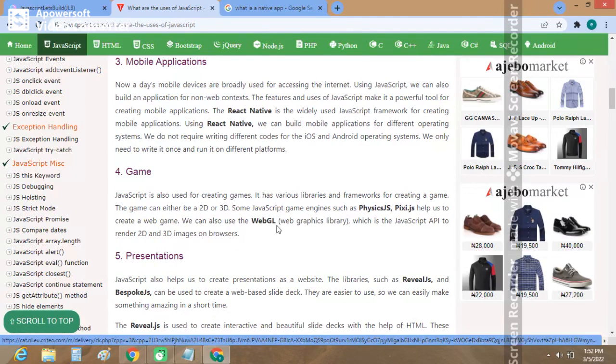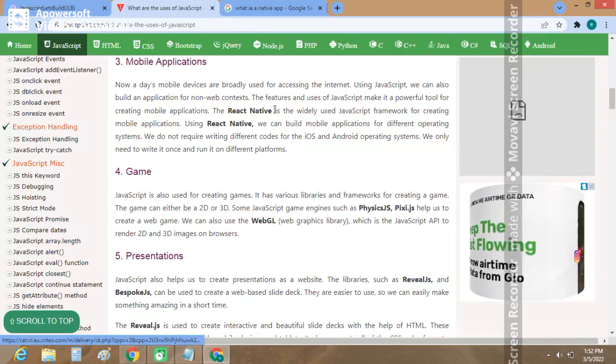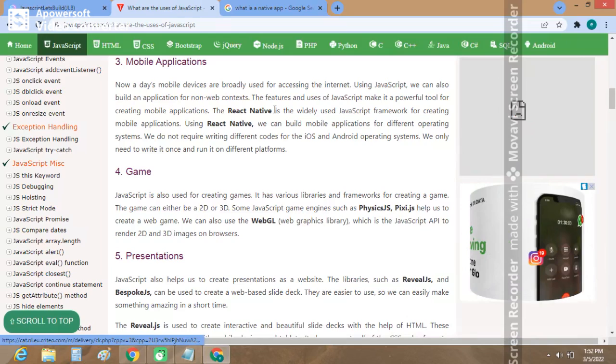We also have frameworks, what we call libraries, that can be used. We have WebGL, we have Physics.js. I'm even telling you guys that React Native can be used to make a game. When we checked the categories of games, we saw educational games. So we can use React Native to make a game. If you want to make a game, you can make an educational game,